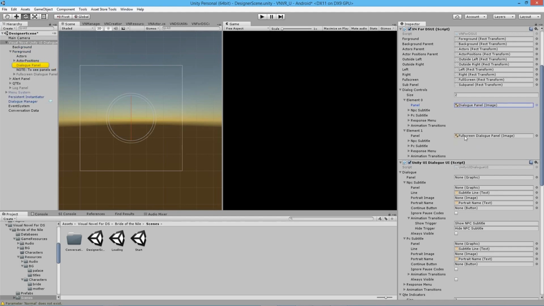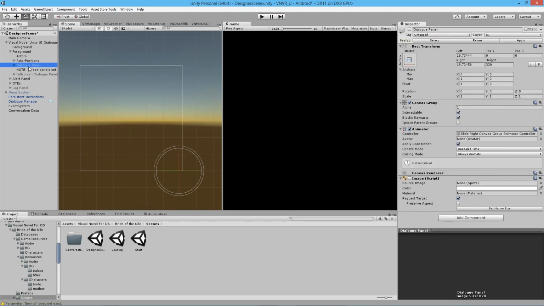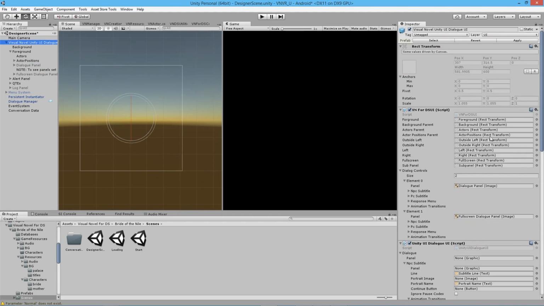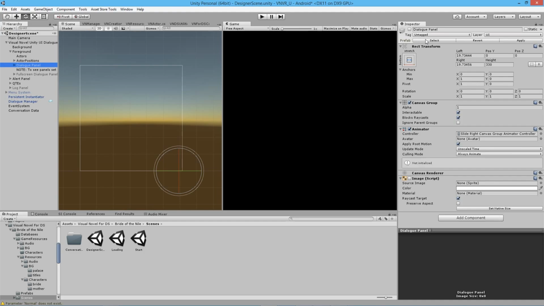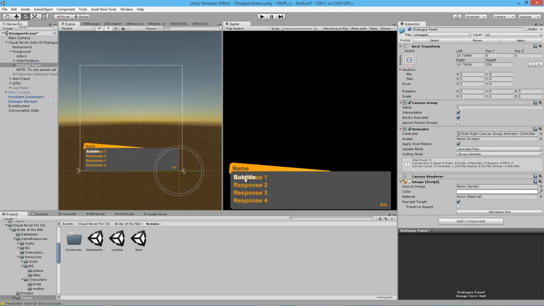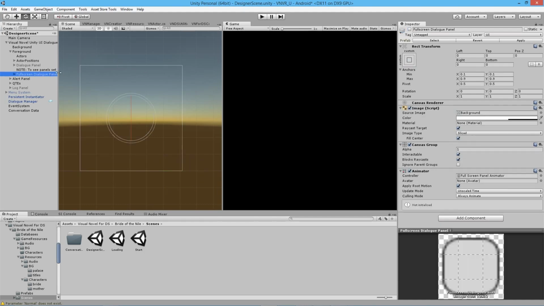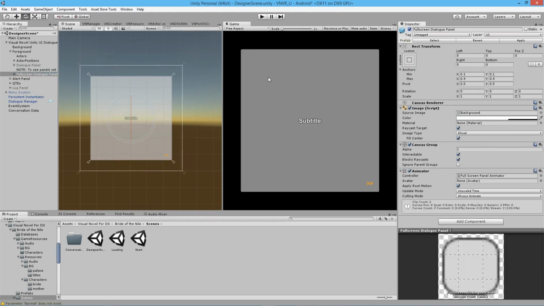And to understand what dialog control is, for example, we have those two, the dialog panel and the full screen dialog panel. So let's enable the dialog panel. This one shows the script when an actor speaks. This panel shows what the actor is saying. So we can disable this and go to the full screen. Okay, this one shows text in the middle of the screen,